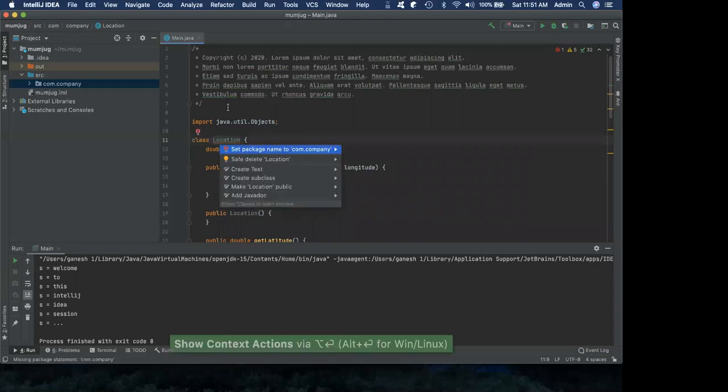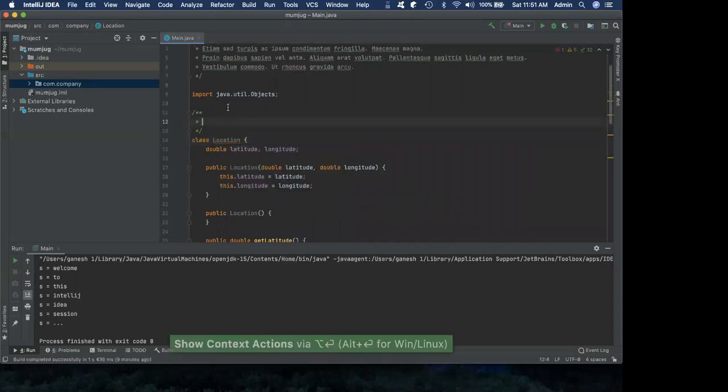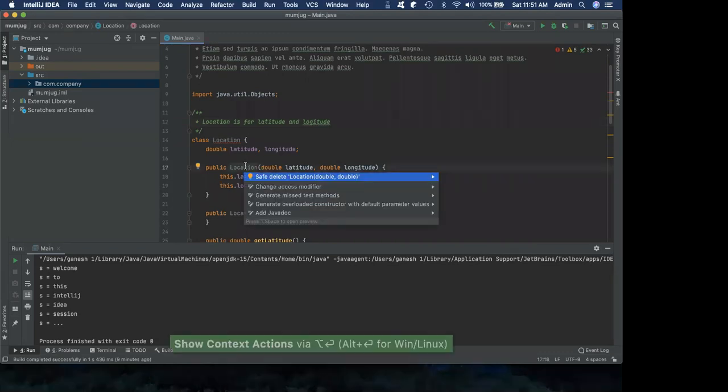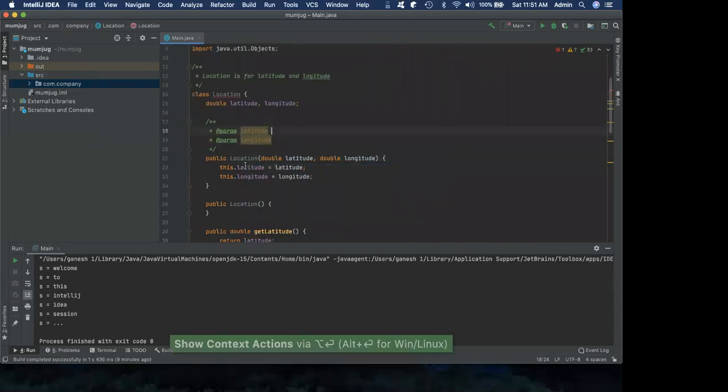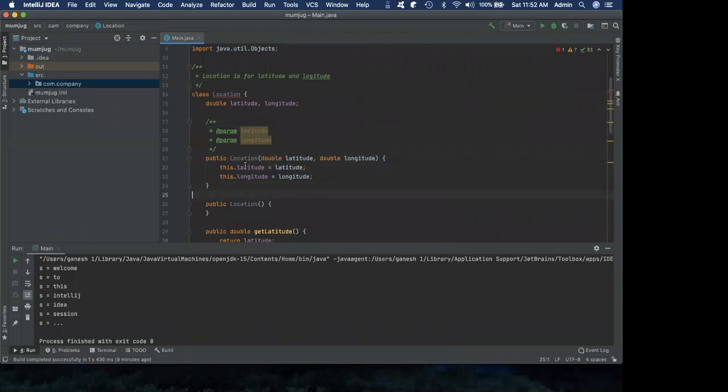Now let me try to create a Javadoc for this. Location is for latitude and longitude. And let's create the Javadoc for this. I'm not doing the whole thing.